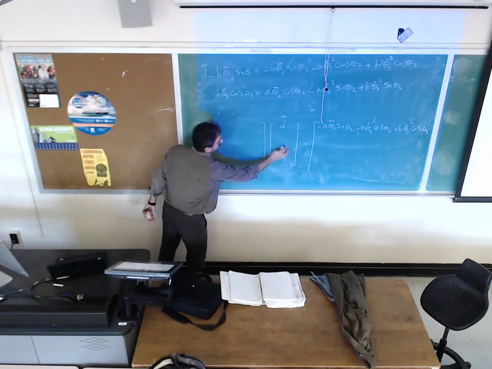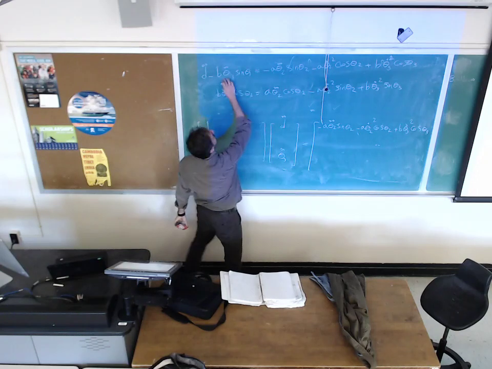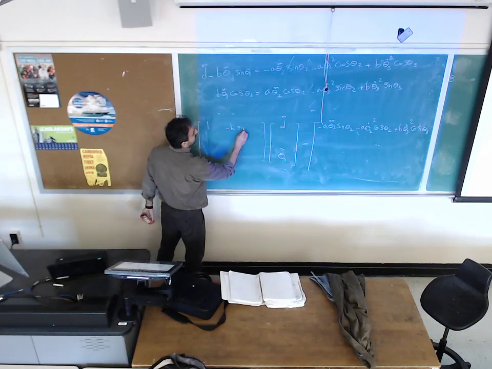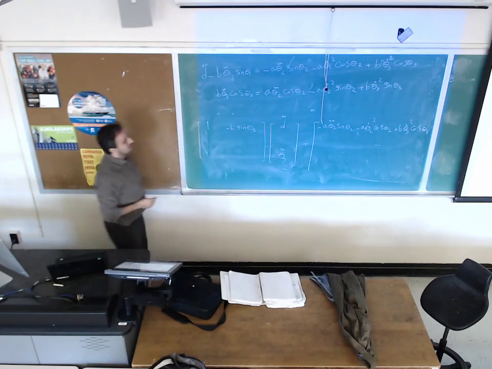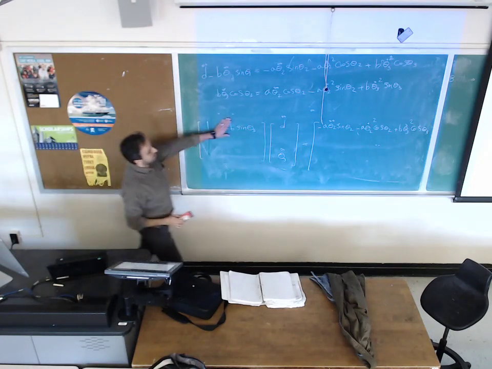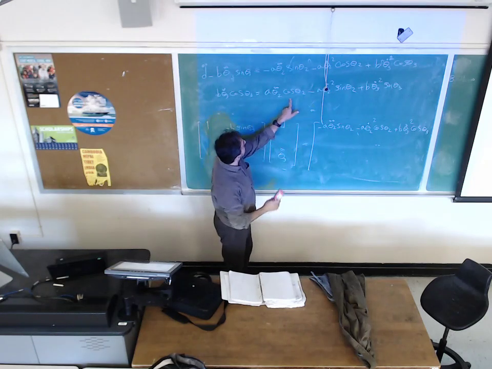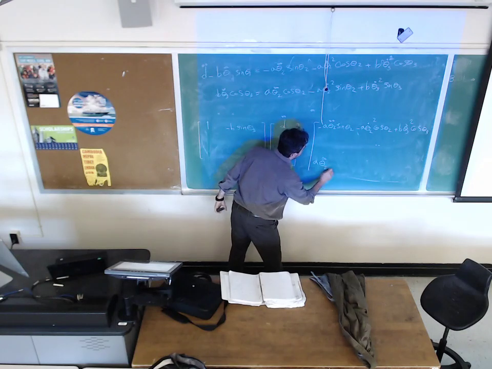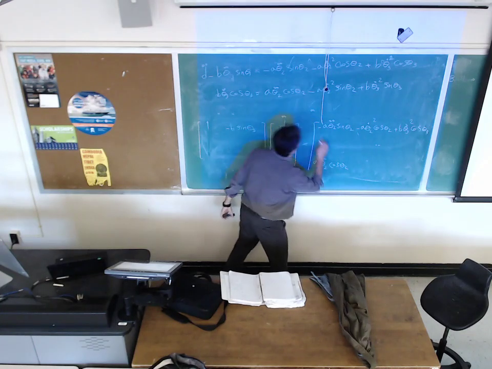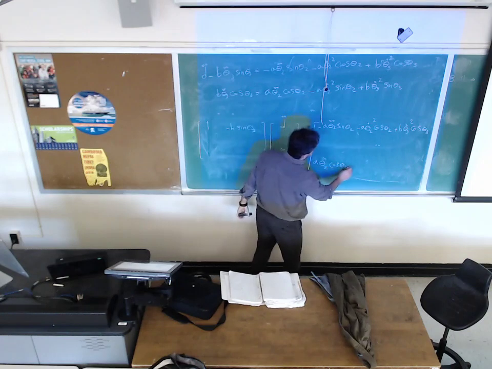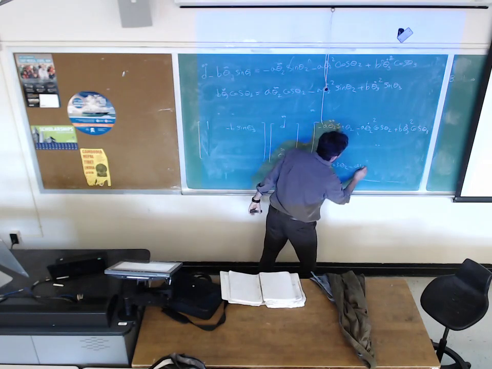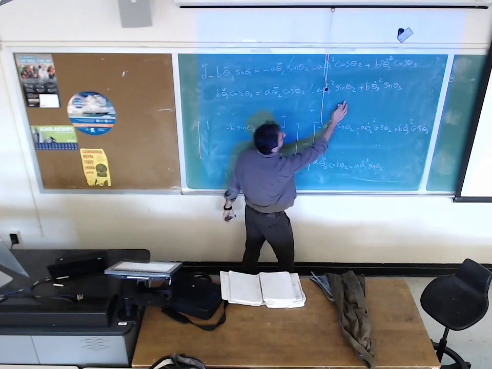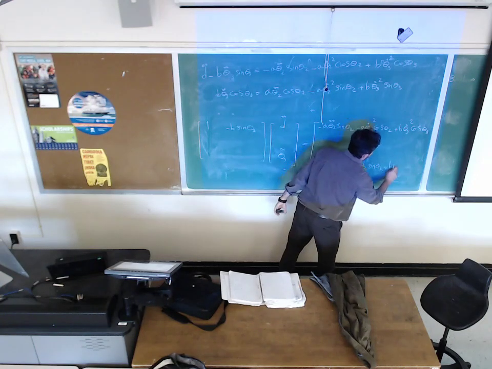This term is going to get the coefficient of theta double dot 3, which is negative b sine of theta 3. So I'm done with the first equation. Second equation, the constant part is coming here: a theta double dot 2 cosine of theta 2 minus a theta dot 2 square sine of theta 2 plus